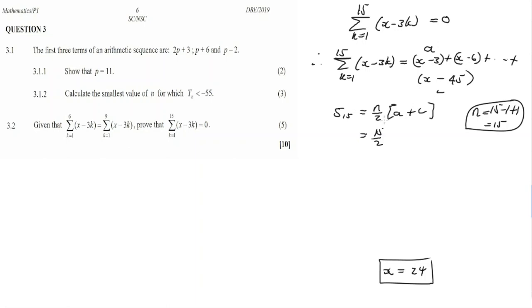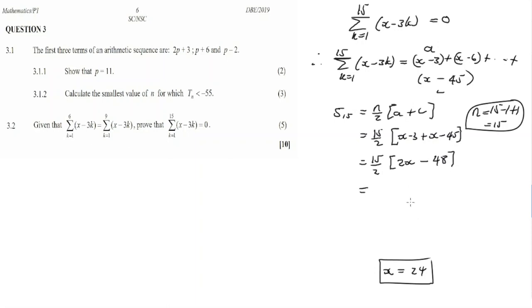And then the first term ubani is x subtract 3 plus last term is x minus 45 equal to 15 divided by 2. X plus x equal to 2x minus 3 minus 45